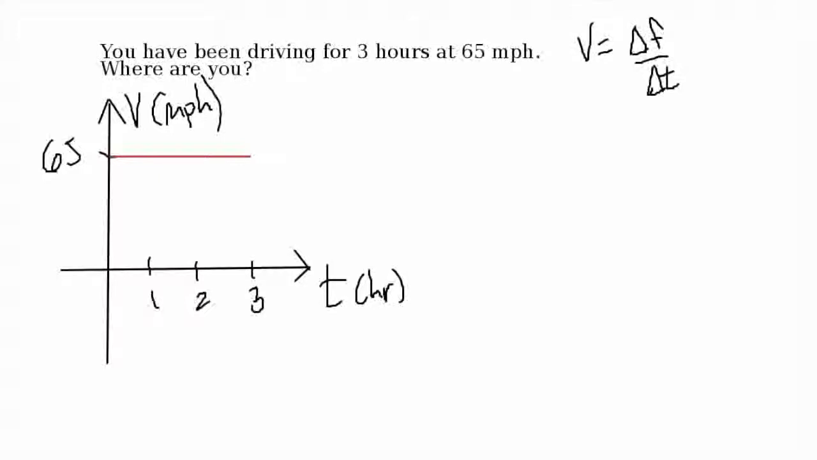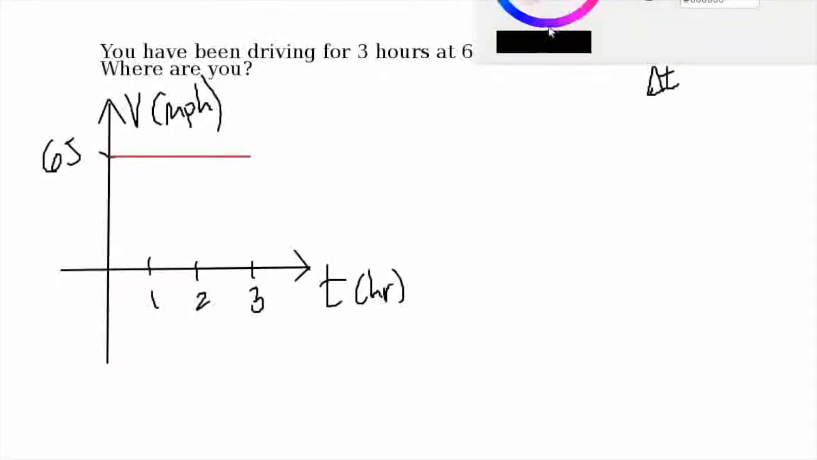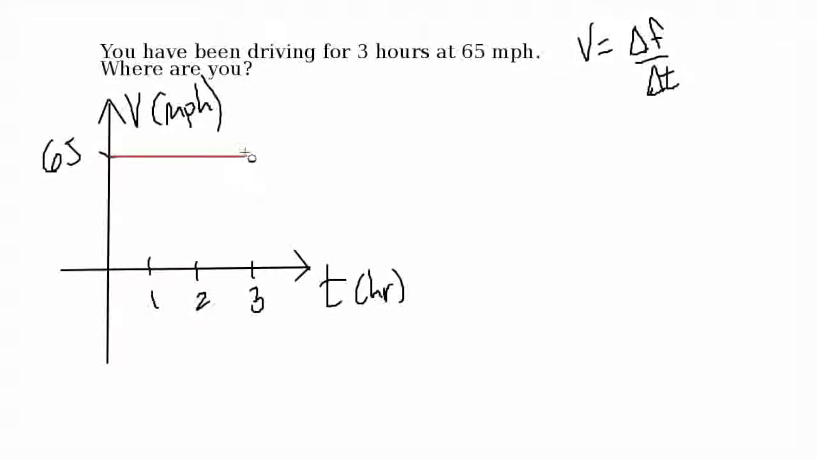Okay, now the question is, where are you? Let's say that when we started, we'll pretend that the highway was on the x-axis. And so let's say we started at 0, x equals 0, and we drove to the right, and so we need to figure out where in the world we are. Okay, how do we do that? Well,